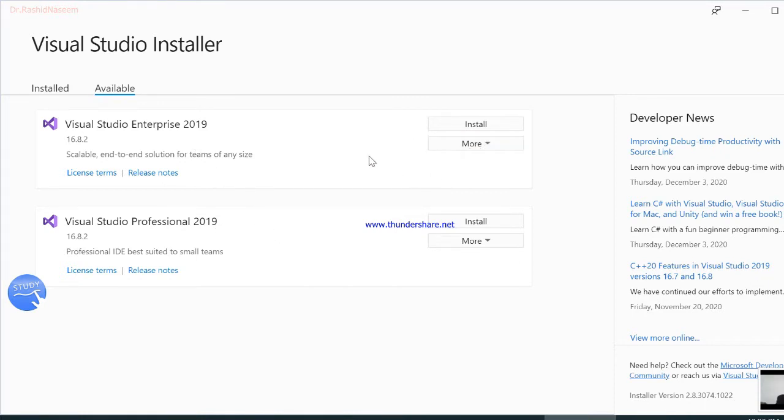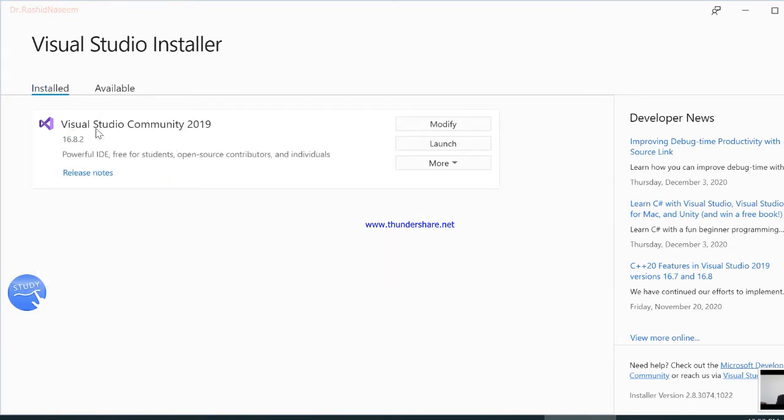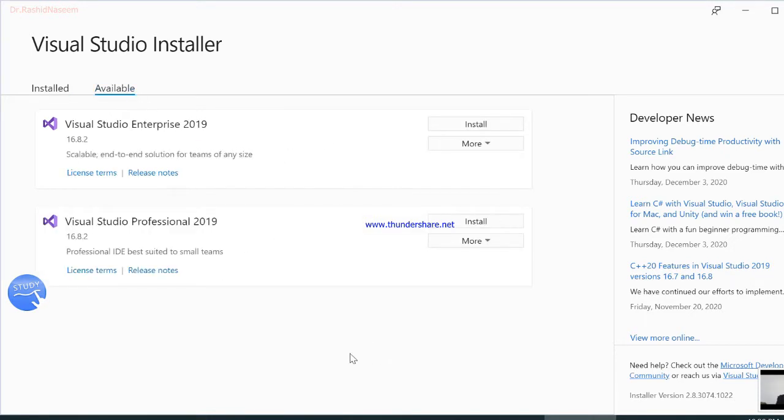With both of these options we can see the Install button. It means that these two versions still need to be downloaded, installed, and purchased, but as this is not our need, we do not install these two available versions of Visual Studio. While in Installed you can see Visual Studio Community, because I have already installed this version from the Available tab.